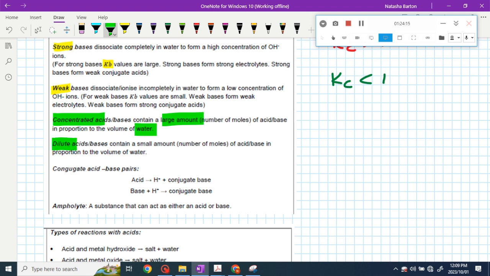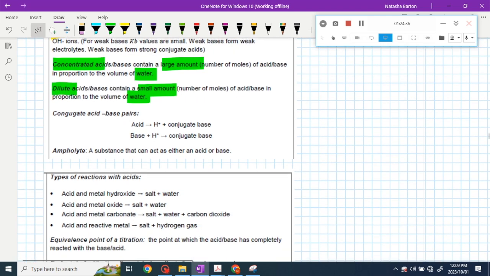Dilute acids or bases means a small number of moles in proportion to the water it's dissolved in. Okay, so the OROS is not dilute. The OROS is not weak or strong. The OROS is concentrated or dilute. There we go. Okay. Guys, conjugate acid-base pairs, this causes a lot of confusion because of your substances that are